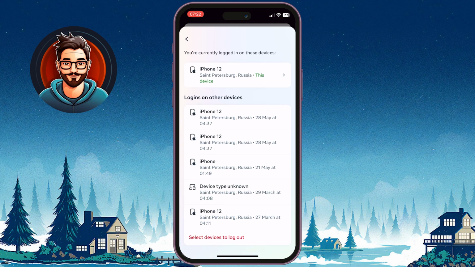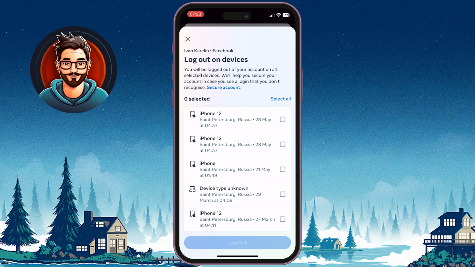You will see a list of devices along with brand names and models where your Facebook account is logged in. To log out from all these devices, tap on Select Devices to log out. You can either select specific devices by checking the boxes next to them or tap on the Select All button